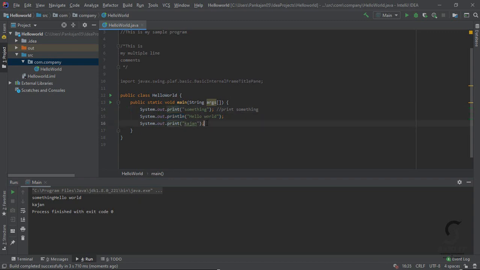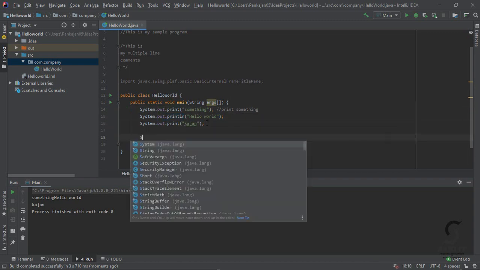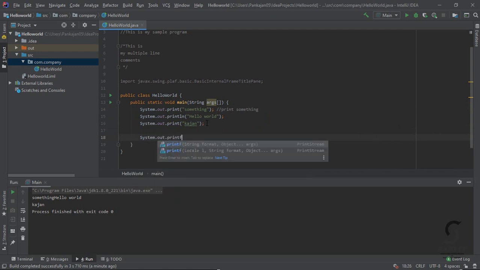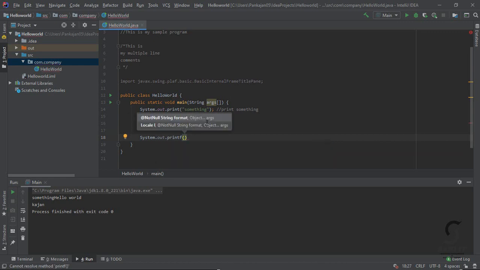And after that I can use another way of printing, System.out.printf. In the C language we have printf, so same as the C language, this printf also works.